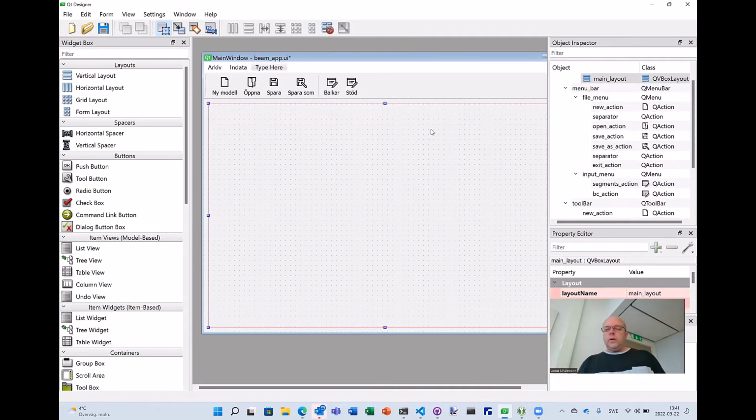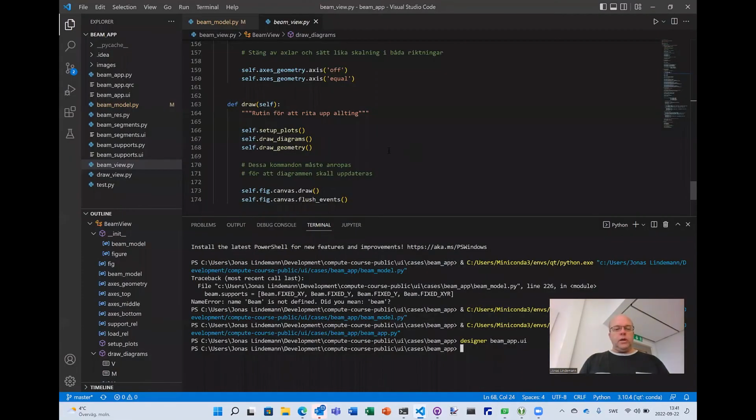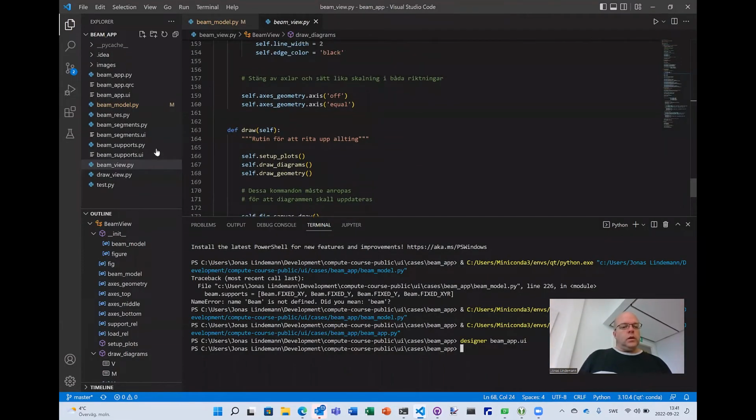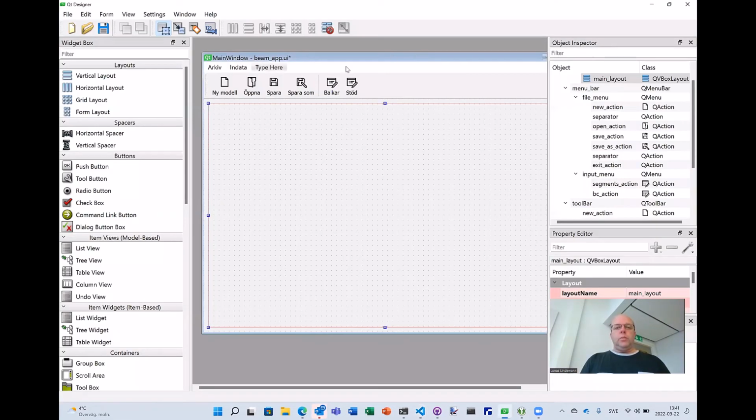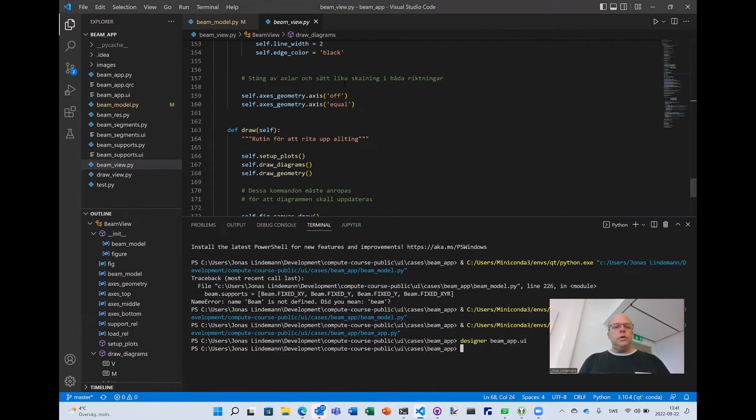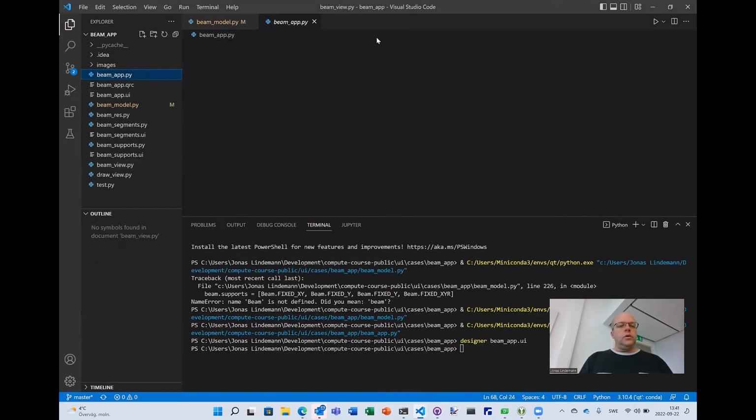Then I have defined here a main layout where I want the Matplotlib to go. So this is a section here where I will insert the figure plotting or the model view object. If I go back here, and then run the program again, I will show you how it will look. The user interfaces for